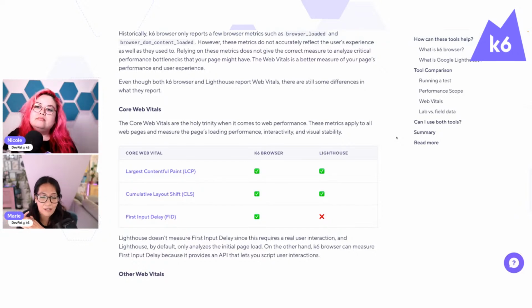I haven't tried it yet. That's why I haven't really talked about it. But apparently, if you want to measure user interaction as well, then you can now do that with Lighthouse. If you scroll down a bit with the other web vitals,